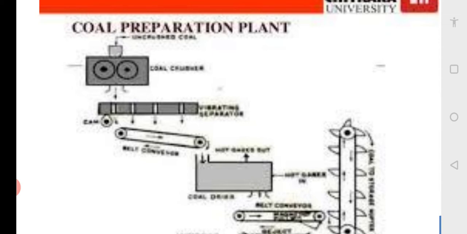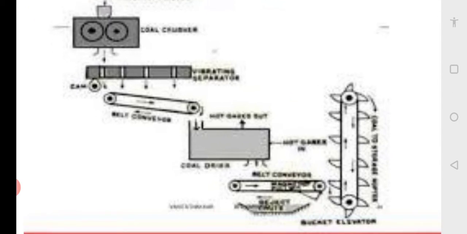Coal is normally in the form of lumps. So it is crushed. You can see the 2 rollers, 2 balls are there. So it is crushed, converted to powder. Then it is meshed. The screen is there, and after the screen it comes to the belt conveyor. You can see the sloping belt conveyor. And from that again you have got